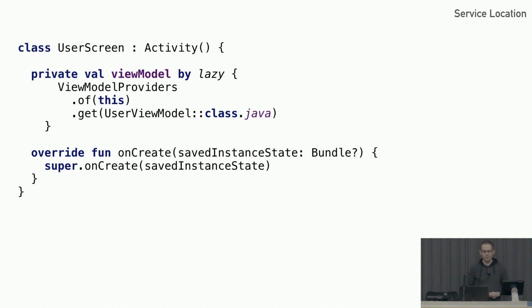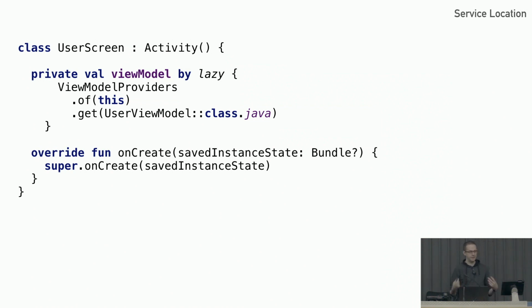So, hooking back into Android again, what we would be doing to get a view model with Android is to use the ViewModelProviders service locator. And there's a lot of stuff going on behind the scenes, but basically we're calling this ViewModelProviders singleton provider service locator, and it's giving us the instance that we need. And because we're able to access it from outside, we don't need to make it public, and we can just make it lazy because it's not actually getting set. It's just a thing that we have. It's guaranteed at compile time. And that's pretty much how it works.